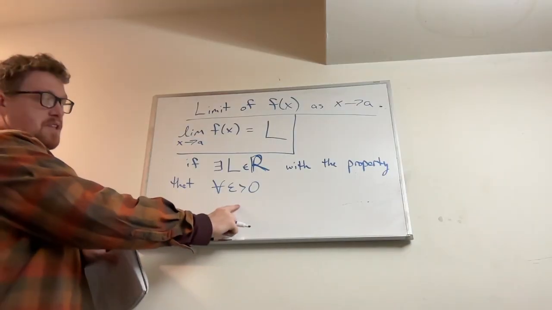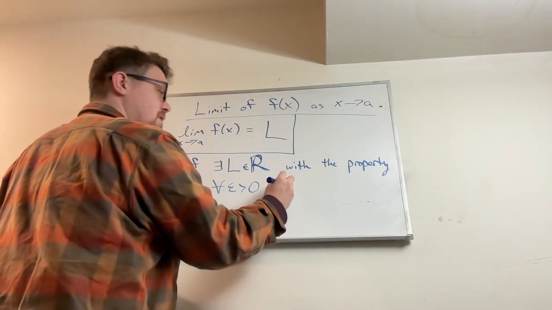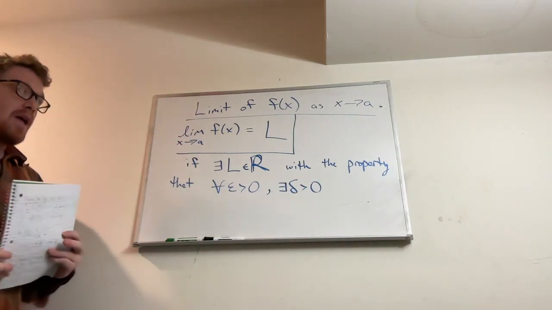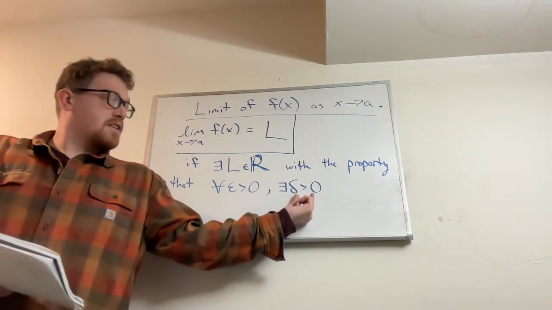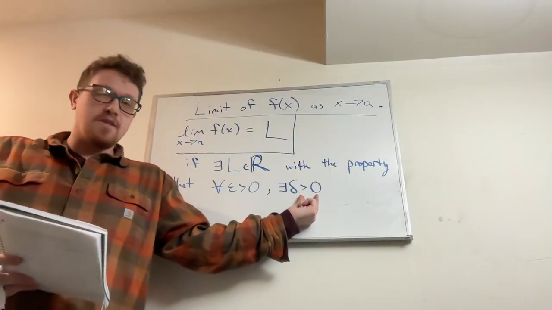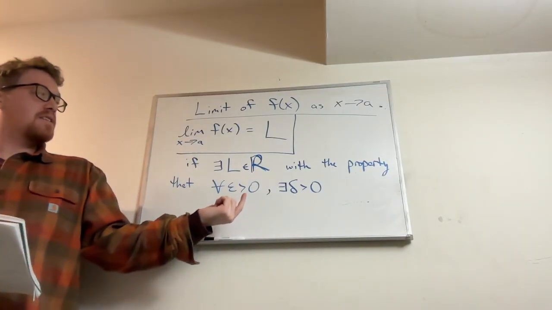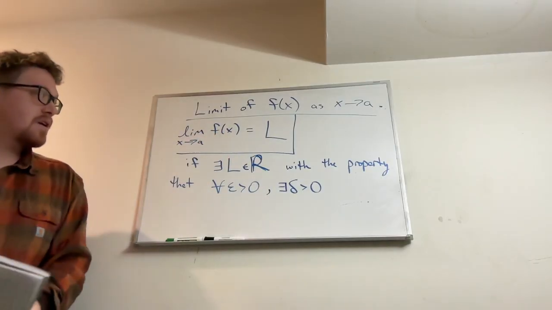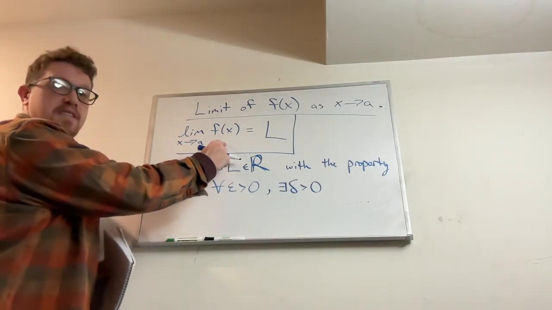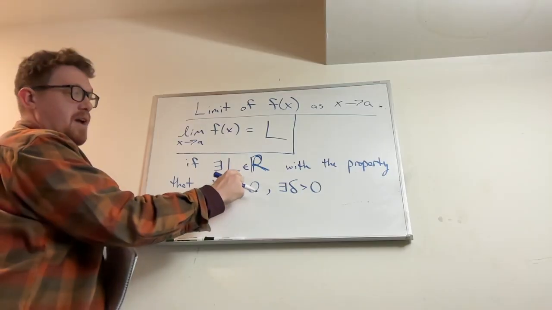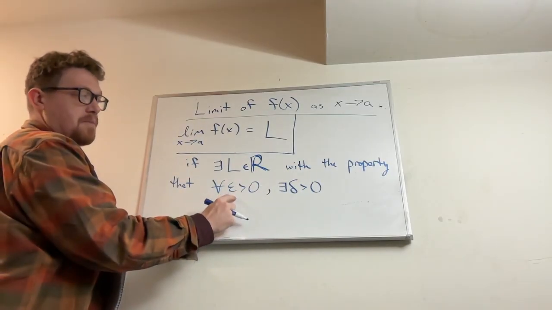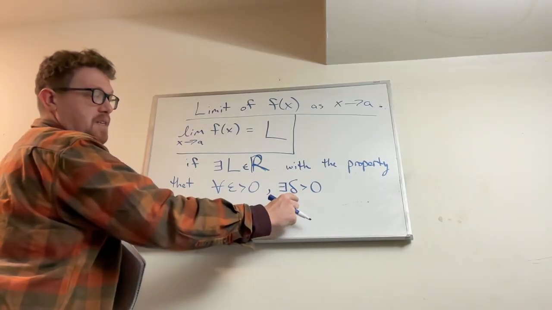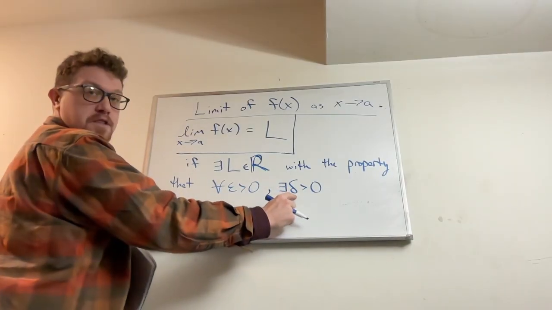No matter which epsilon I pick, there should exist a delta, which is also greater than 0, such that if I get this close, if the x value gets delta close to x, I should be at least epsilon close to L in the output of the function. So this limit exists and it's equal to L if there exists a number L with the property that for every number epsilon greater than 0, there exists some other number, which might depend on epsilon, delta, which is greater than 0,